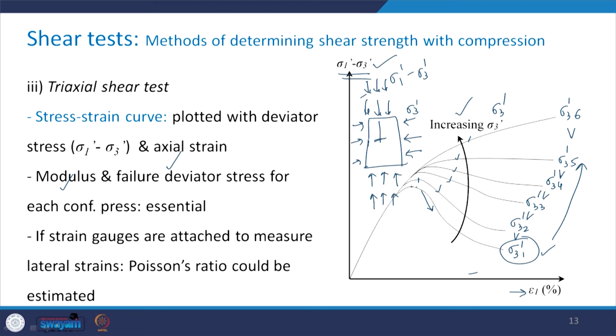So, if we have mounted some device here to measure these lateral strains, then from the triaxial shear test data we can also determine the Poisson's ratio for the rock. So, not only the axial strain, but the lateral strain can also be measured. It is just that we have to mount the strain gauges in that direction in order to measure the strains